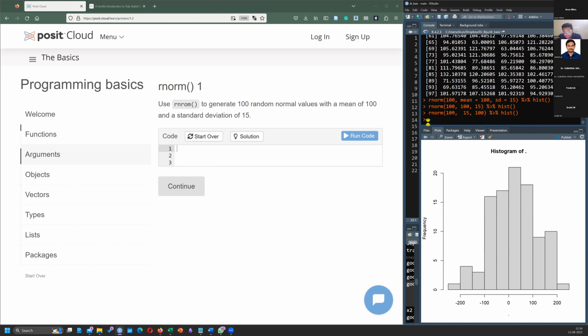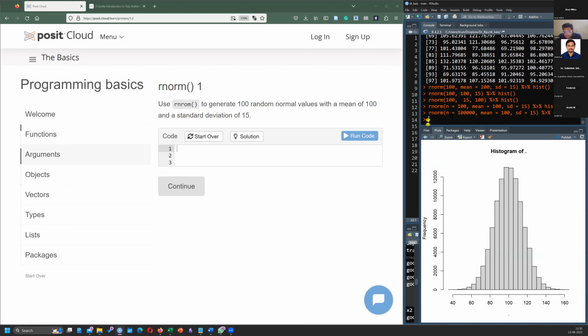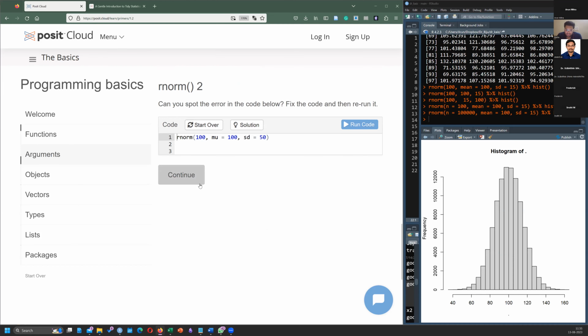Ideally, what we should have given is also something like n = 100. I can make n = 10,000 as well, so it's more normally distributed. Okay. What do you think is the error here?